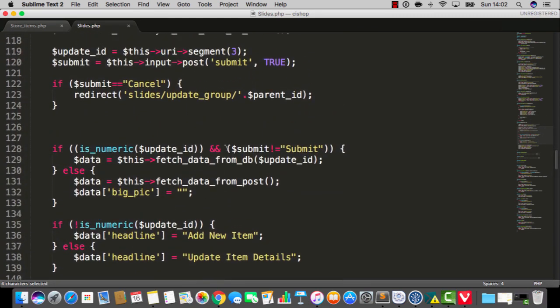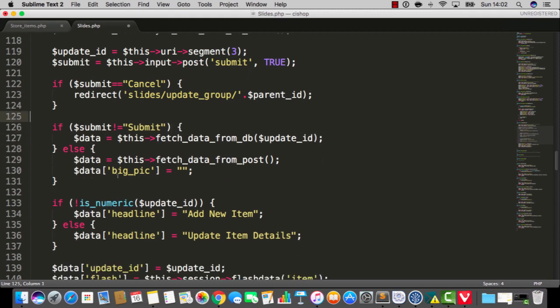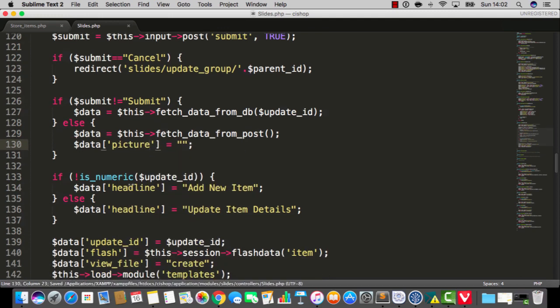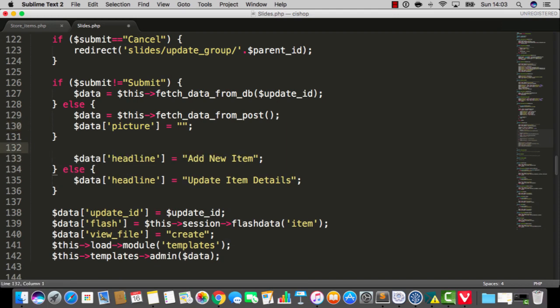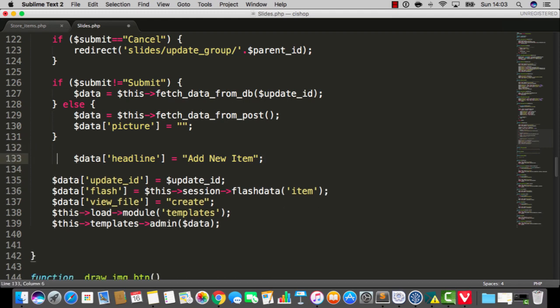Okay, so we have a vibe. I'm not entirely sure if I even need this, but I'm going to simplify it. Okay, and that's going to be good, and I'll say picture is empty if we use get data from post. Good, and the head, well, there's always going to be a numeric update ID, so the headline is going to be